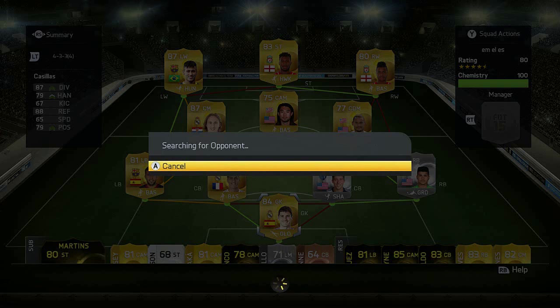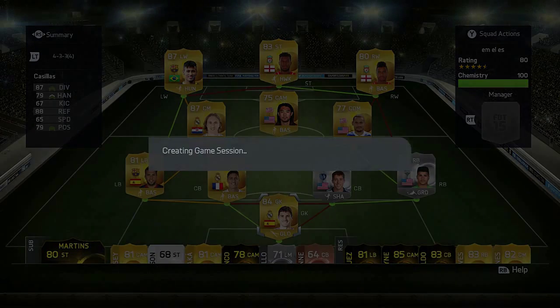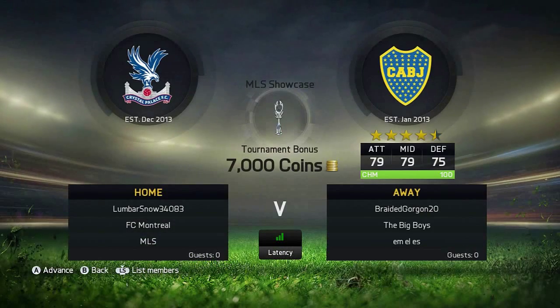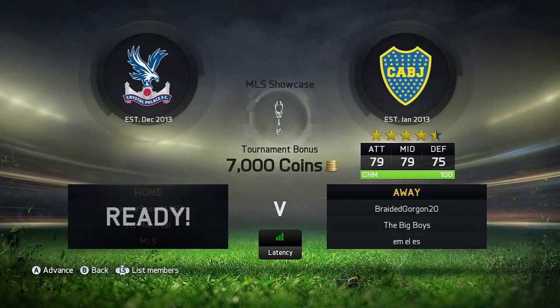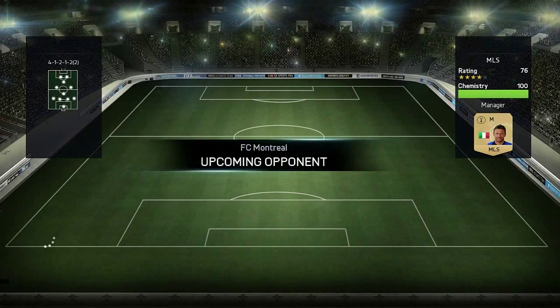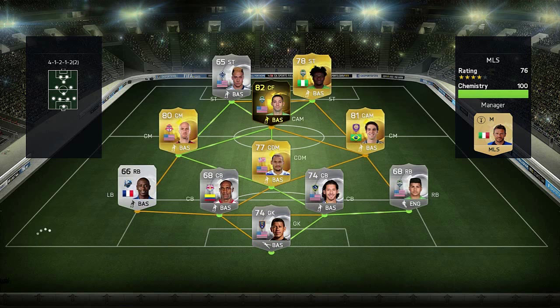final of the episode, which is the MLS Showcase tournament, which requires you to have 11 MLS players in the starting 11 or subs, no less, no more. And I built this 4-3-3-4 side with Neymar and Sturridge, some very good players. I did take advantage of the tournament requirements, found that team on FutHead, and I built it, and it played